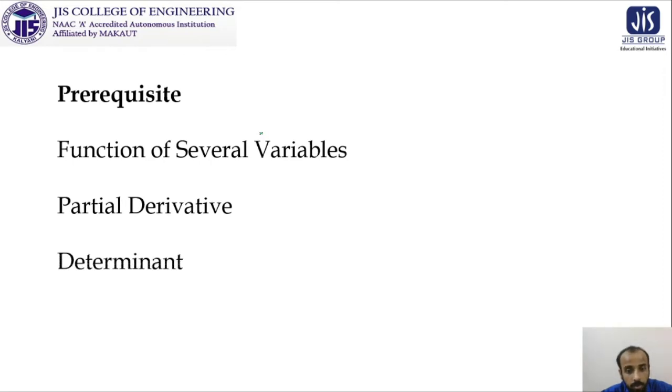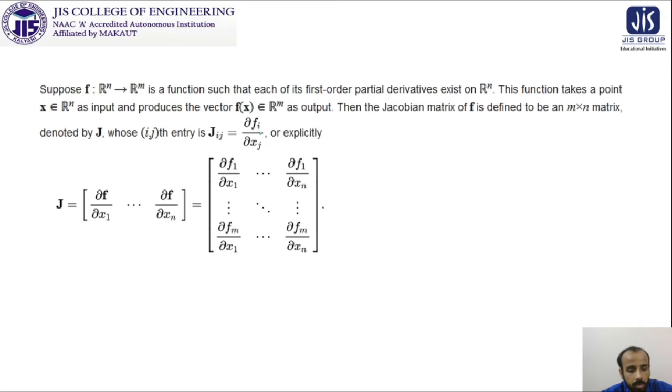But the calculation technique will be very important for getting the value of the Jacobian. We also must have some concept of determinant, because after certain calculation provided by the rule, finally we are going to find the value of the determinant. That is why we need the concept of determinant as well as some basic properties of determinants. So now we are going to start the discussion on the definition of Jacobian.